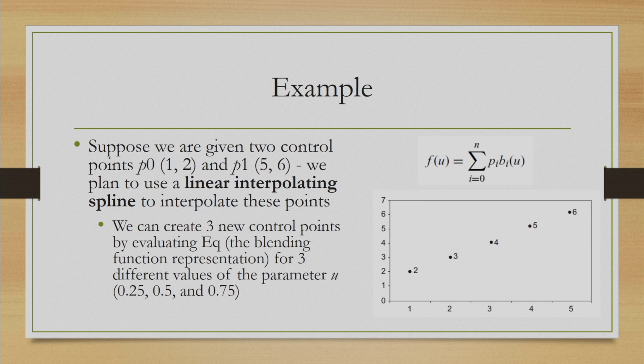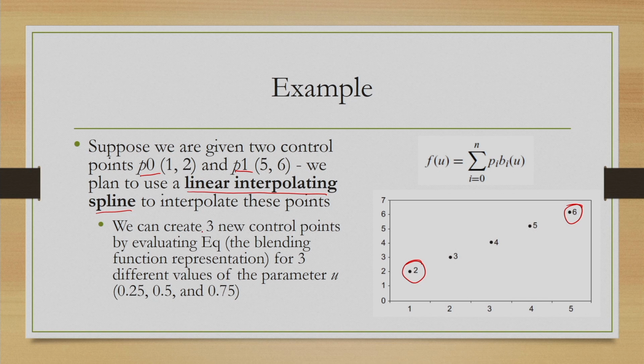As an example, suppose we are given two control points P0 and P1, this is P0 and this is P1. Since two control points are there, we can use a linear interpolating spline, and once we identify the spline representation using the approaches mentioned already, we can evaluate the spline function